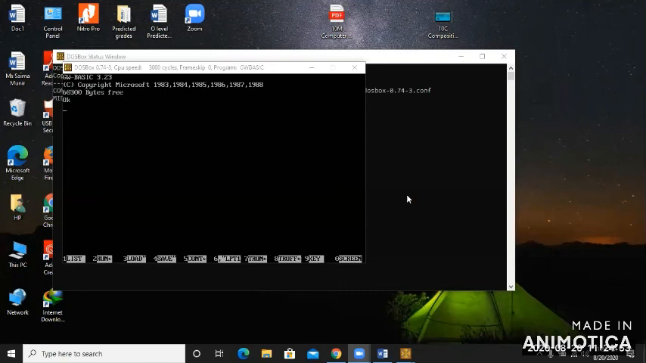This GW Basic operates in two modes. Right now, as soon as this OK message is displayed, you are in direct mode. Direct mode is used for writing commands, as I wrote the command print 2 plus 8, and I got the result soon after I pressed the Enter key. There is another mode that is called indirect mode, and that mode is